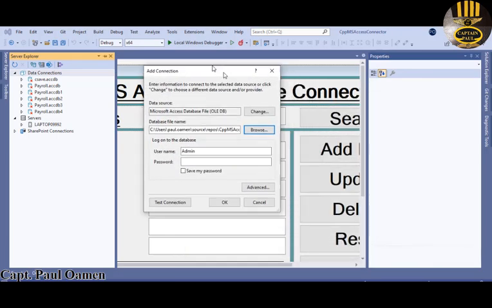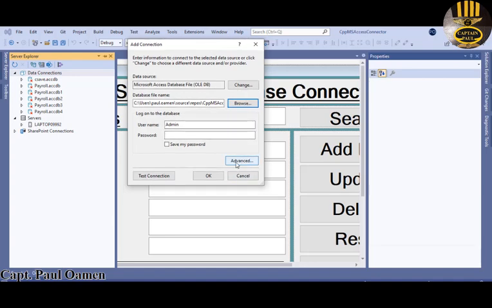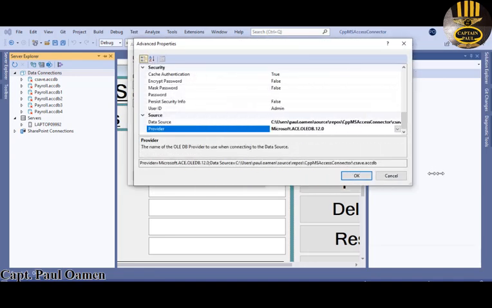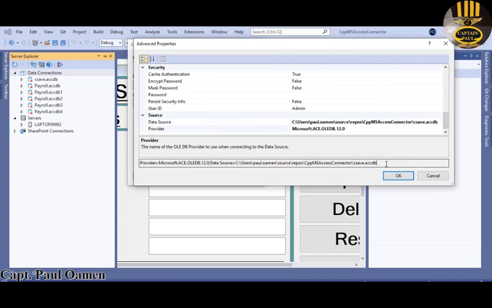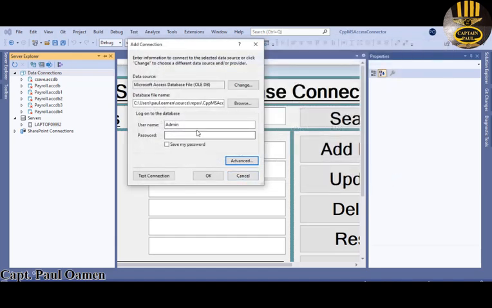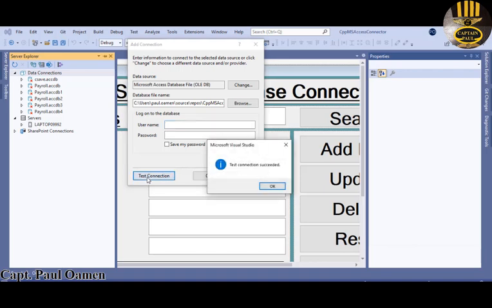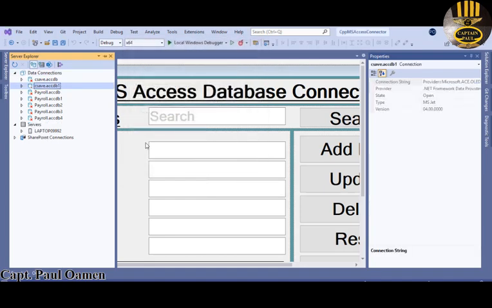Now the next step is click on advanced. Now this is very important. Inside the advanced, you want to copy this provider's details. The name of the OLEDB provider is to use when connecting to the database. So copy that name. Right click, copy. You can close this and come right here, get rid of the admin, and you can even try it out. Let's make sure our connection is very good. It's successful. Now click on OK. I have officially copied that